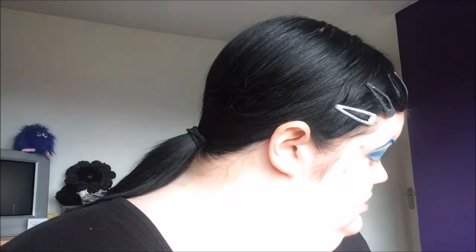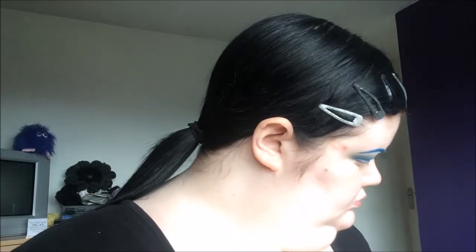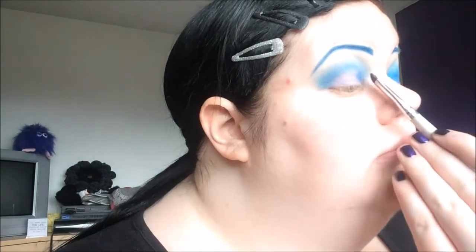I mean, look at the pretty. I can't deny you pretty. I gotta look at that. I mean, come on. It's too pretty. That's going just on the first half of my lid. And it's very shimmery and iridescent, which